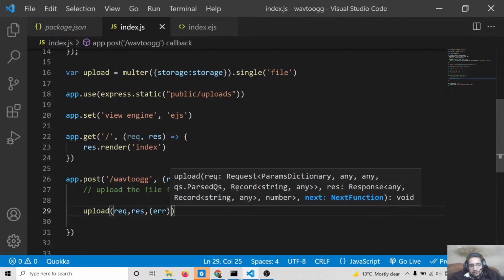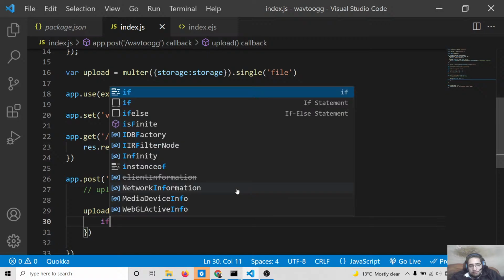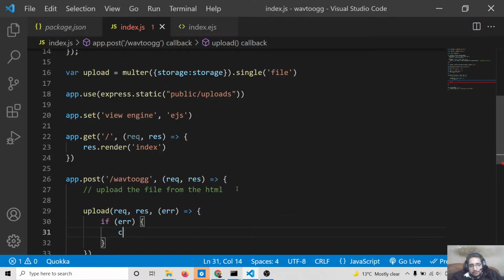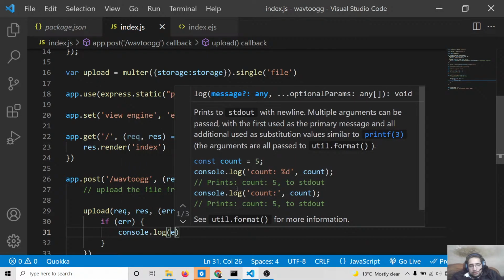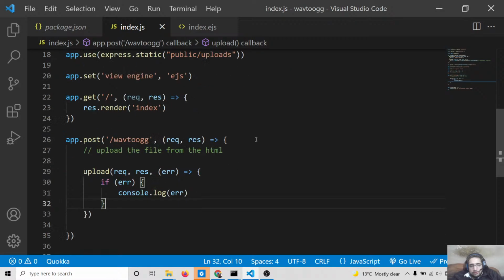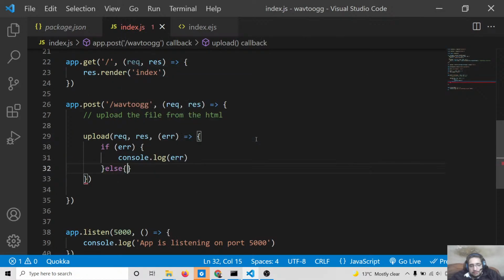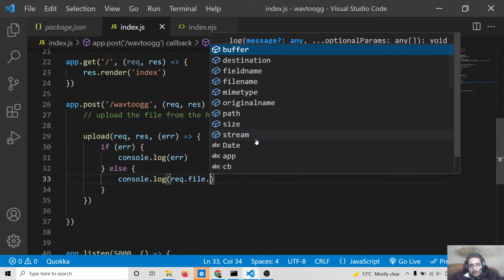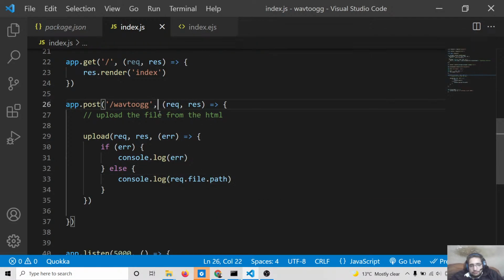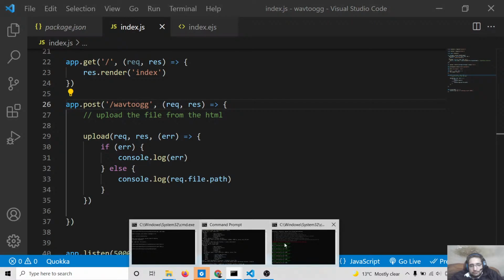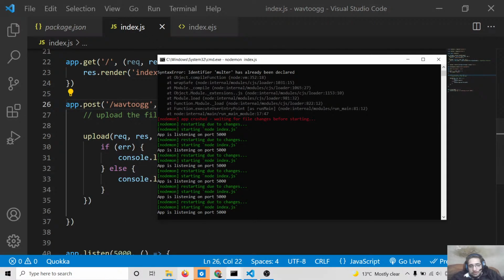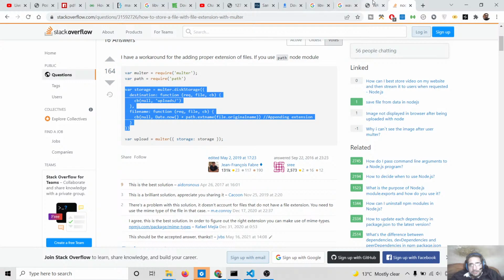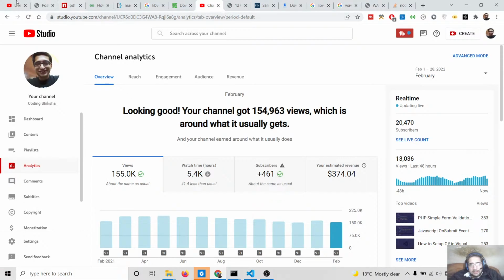If any sort of error takes place, we will check it and console log it. If no error takes place, then we can console log the file path. So if I refresh the application and restart the application,